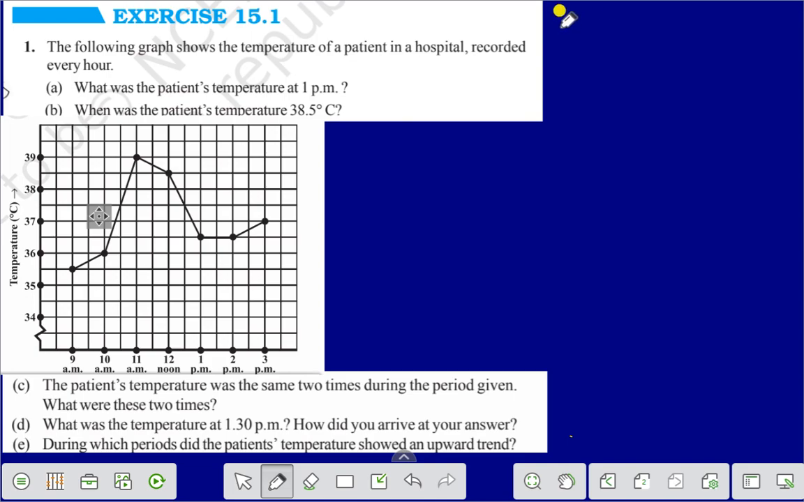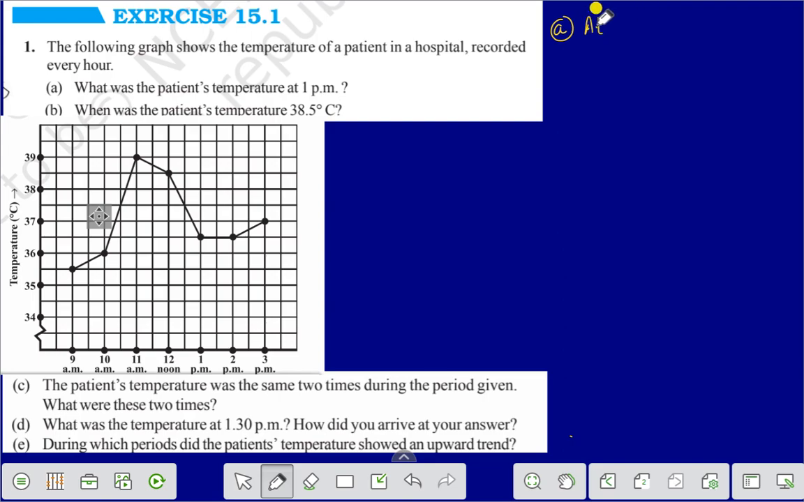Question number 1 is, what was the patient's temperature at 1 p.m.? Here you see it is 1 p.m., and the temperature was 36.5. You see this is 36, there is 37, that means this one is 36.5 degree centigrade. Therefore at 1 p.m. we can write that